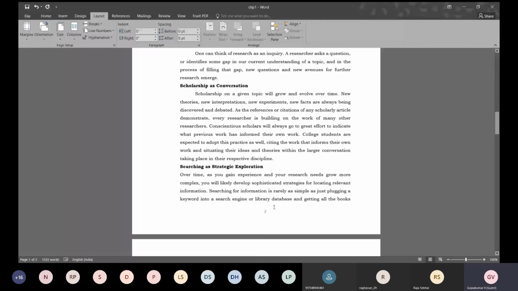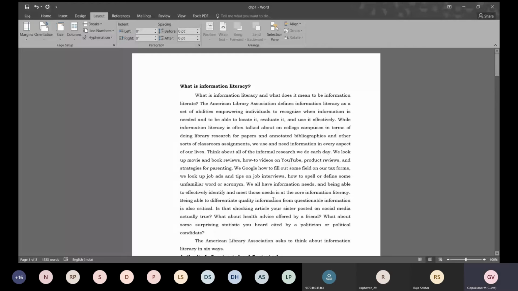Now, sometimes you should have an option of having different series of page numbers. For example, the Latin as well as the Arabic numerals. In the first section, I need the Latin numbers, whereas later on I need Arabic numerals. So how to go about? For example, initial pages in a thesis like the contents page, a title, all those things need to have a different page number. So how to go about?